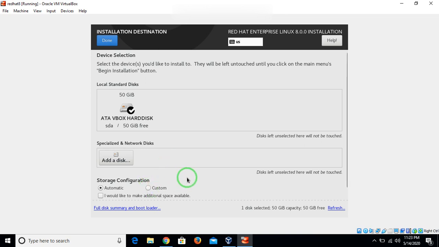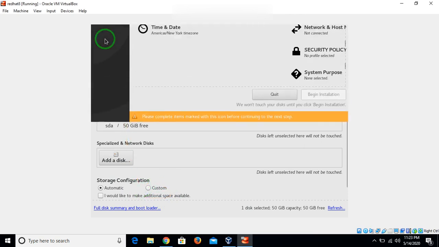If you want, say, my root partition to be 20 GB, or let's suppose 100 GB, and my home partition to be 200 GB, you can go with the customization part here. I will go with the automatic option. We will cover the custom option as well, if anyone wants to ask or learn about the customization. So you just click on done.